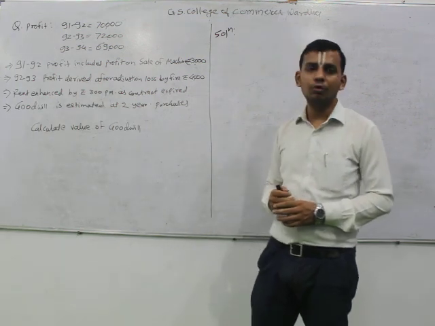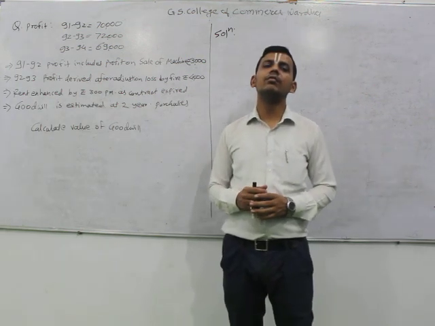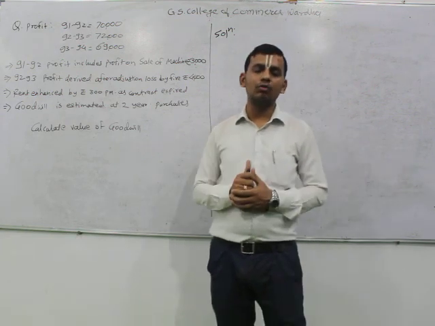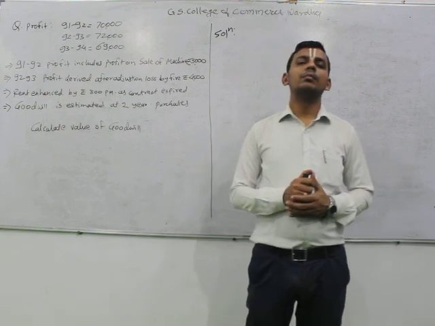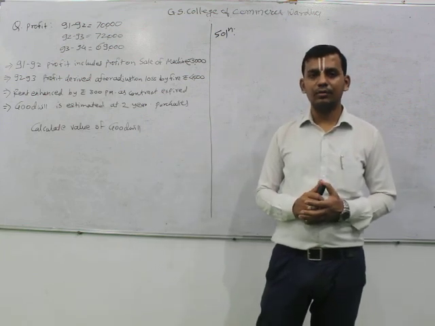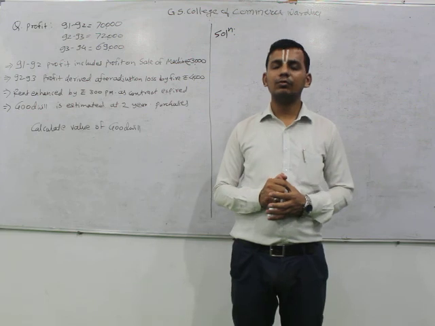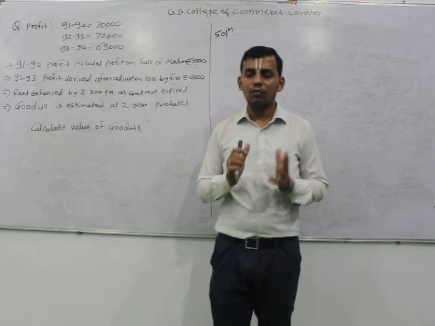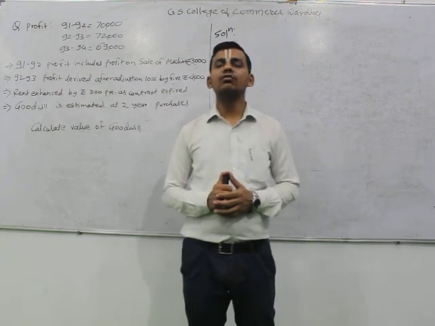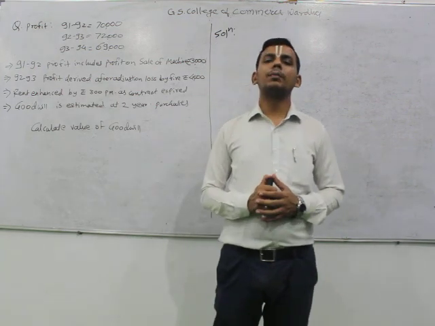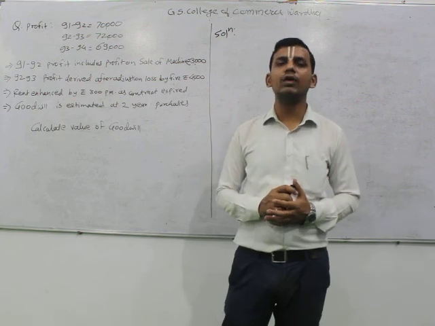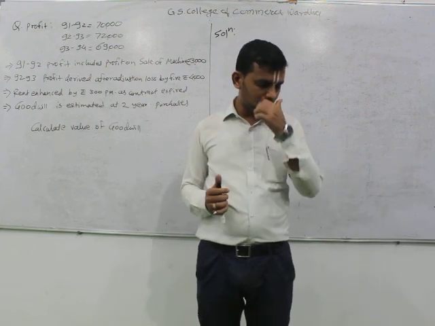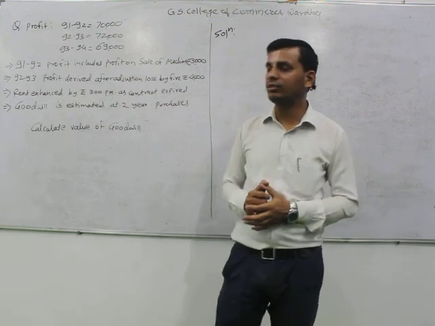In this video lecture for BCom fourth semester in financial accounting, we will start with the numerical portion. In this segment, we will discuss how to calculate valuation of goodwill by using the simple adjusted average profit method. In the earlier videos, we have seen the formulas which are used for the calculation of valuation of goodwill. In this lecture, we will start with applying the same. First of all, we will start with the simple average profit adjusted method.